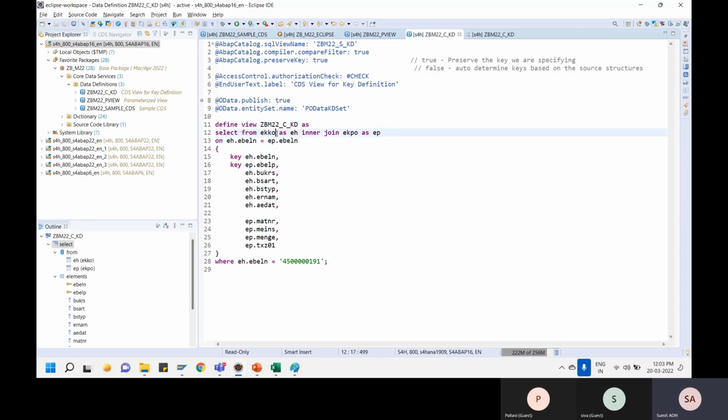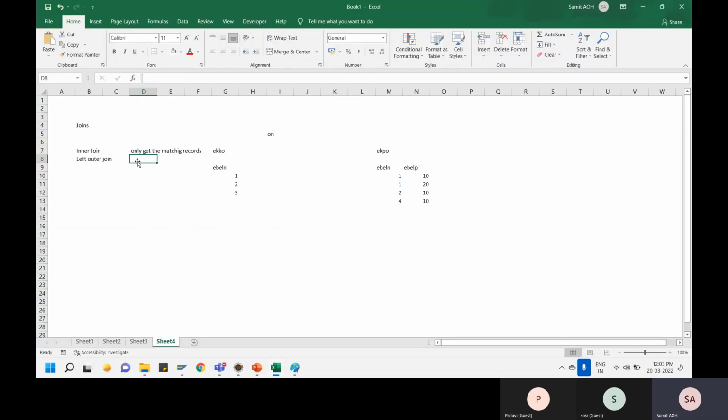But the moment I say left outer join, it would fetch all the records. So here in the select from we specified EKKO on the left hand side, EKPO on the right hand side. So the moment I say left outer join, it would get all the records from the left hand side table and only matching records from the right hand side table. So when I execute the left outer join on this, EKKO is on left, EKPO is on right, it would get all these three records